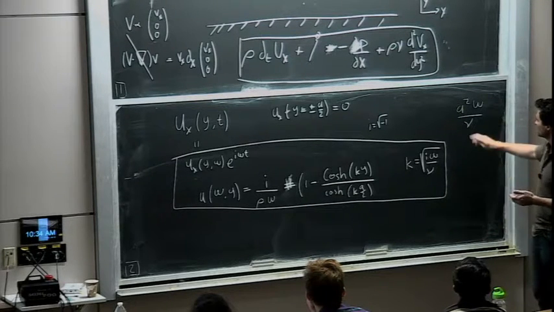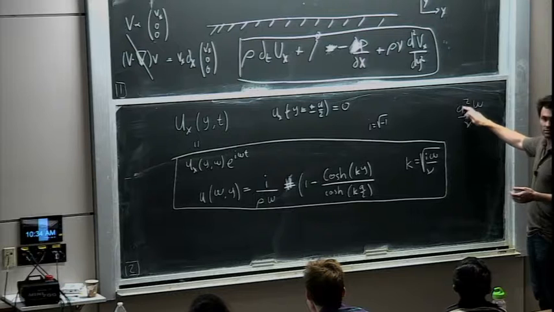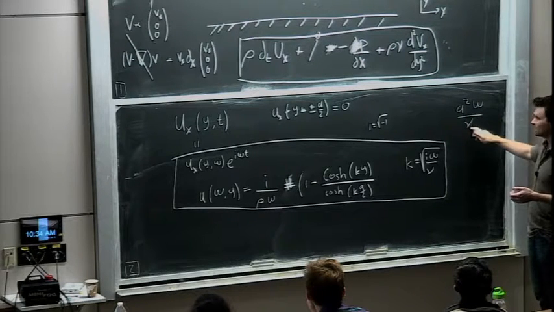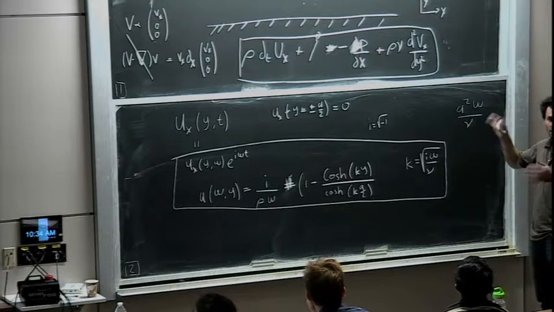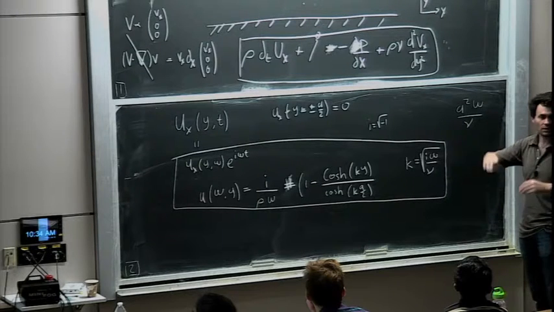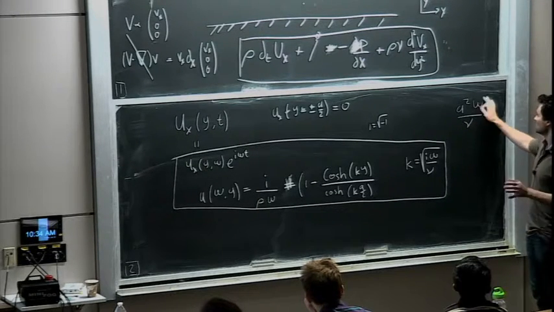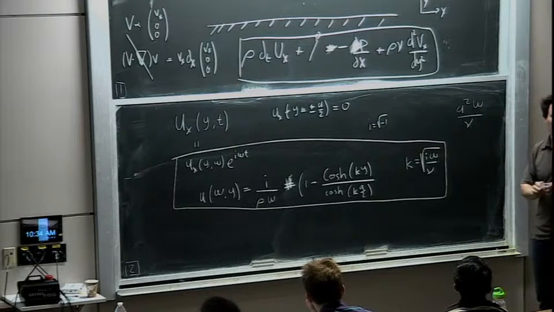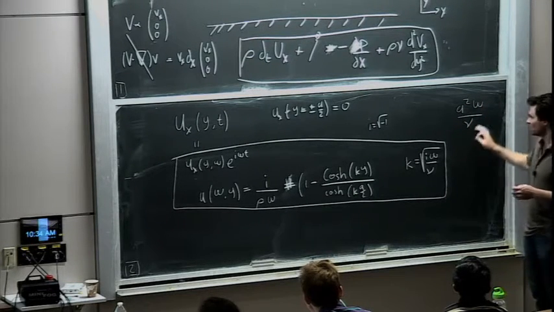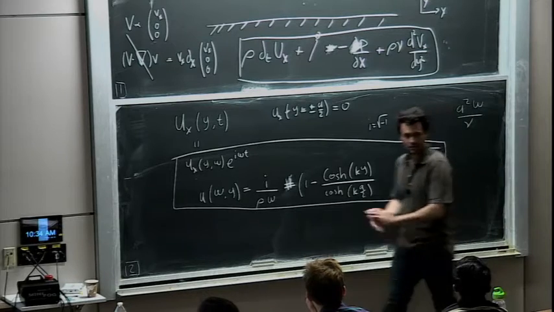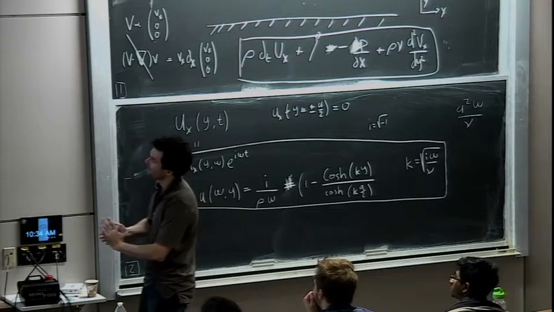So really, what I'm going to do is set a bunch of them equal to 1. I'm going to set a equals 1, nu equals 1, rho equals 1. I'm going to adjust the pressure gradient just to get a good plot. And actually, I'm going to fix omega and vary nu. I'm going to vary the viscosity, but really, I could have varied any one of these. So the first case I'm going to consider is the